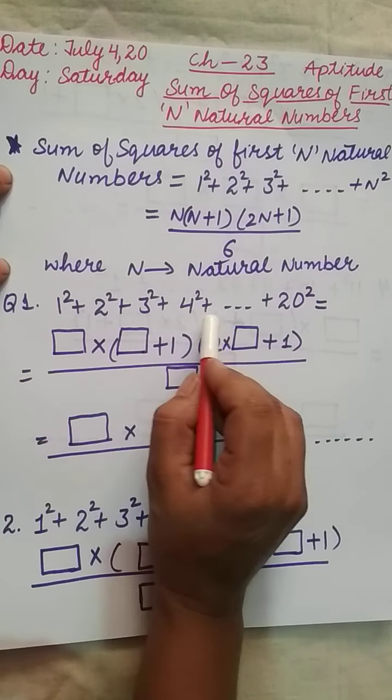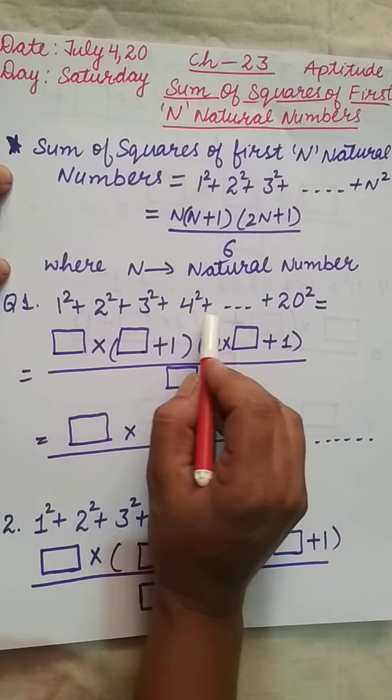So here 50 remains same. 50 plus 1 is 51. 2 multiplied by 50 is 100. 100 plus 1 is 101. And in the denominator here I'll put 6. Now do the simplifications. 3 2's are 6, 25 2's are 50, 3 17's are 51. So the product of 25 multiplied by 17 multiplied by 101 is equal to 42925, which is the answer of the question.